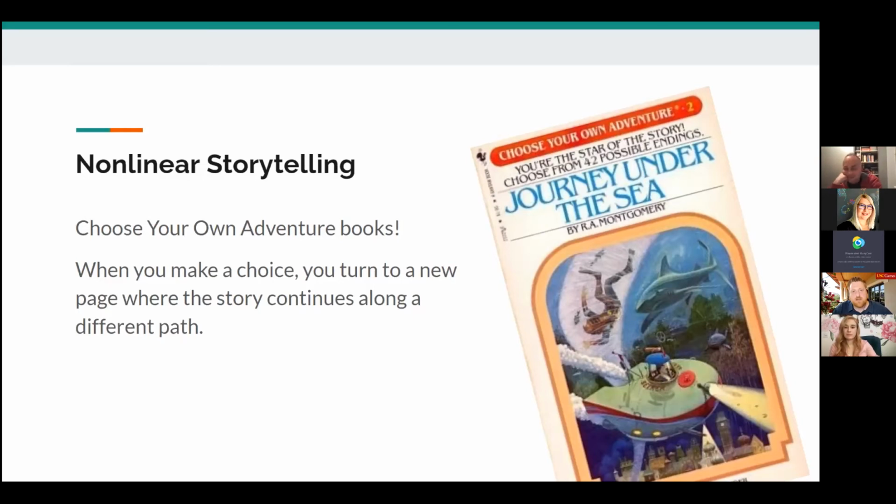The story can be different depending on how it gets played, in the case of a game, or in the case of a choose your own adventure book. I don't know if you all are familiar with these. They were big in the 1970s and 80s and a little bit in the 90s. If you're not aware of what these are, they're paper-bound books that tell a story, but the story is not told traditionally, starting on page 1 and continuing until the end of the pages.